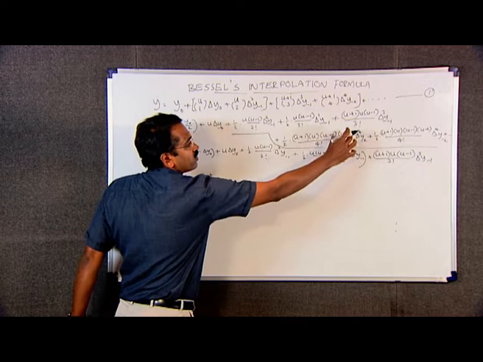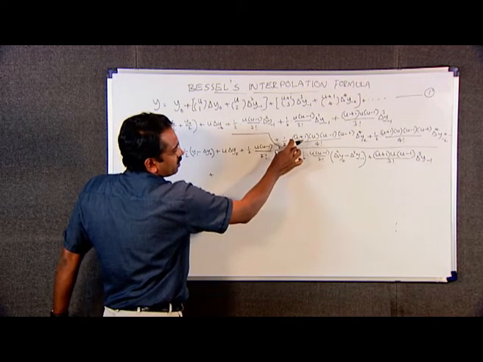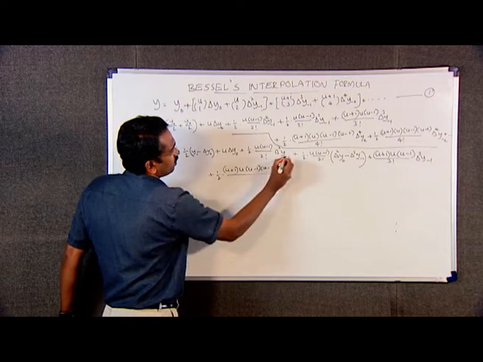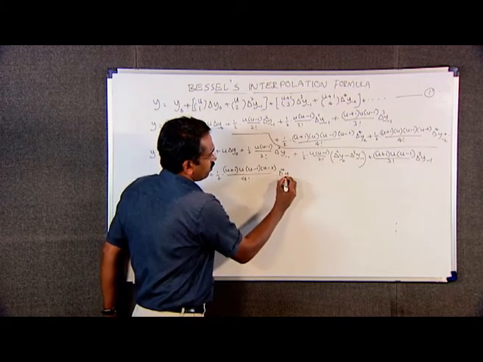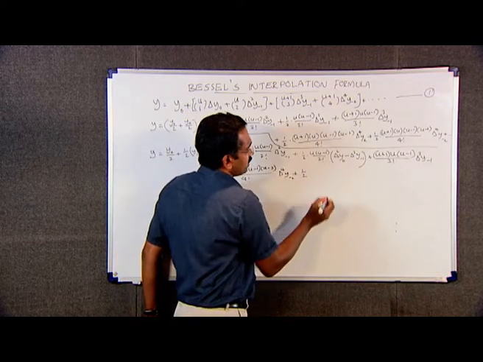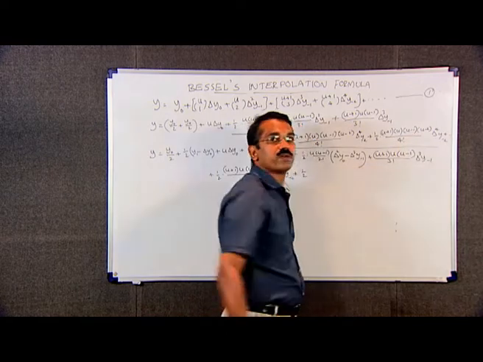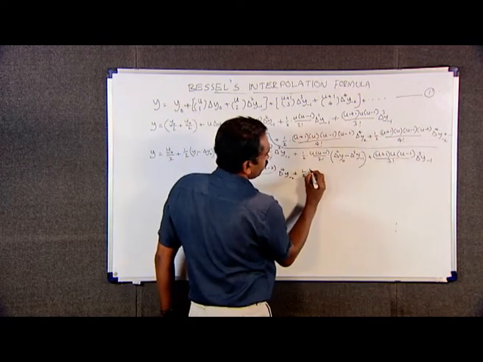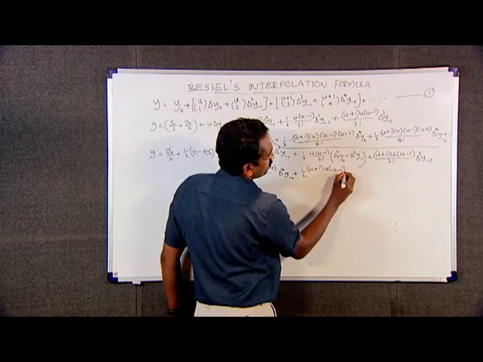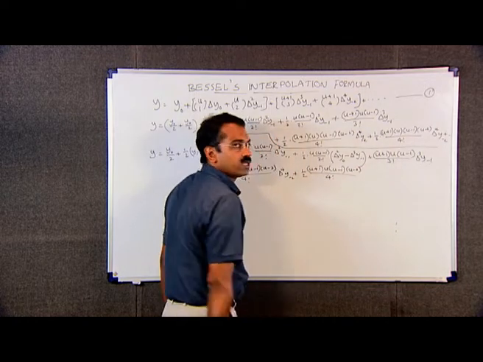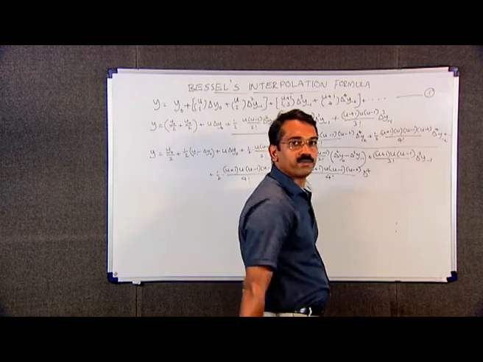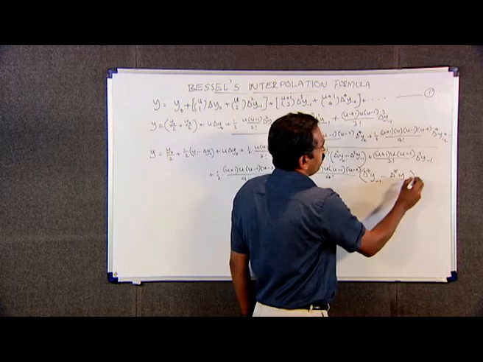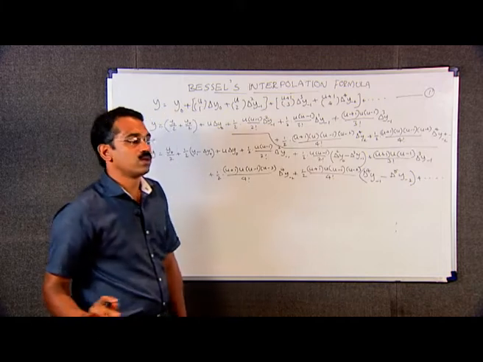The first split up of these two can be written as 1 by 2 into u plus 1 u minus 1 u minus 2 divided by 4 factorial into delta raised to 4 y minus 2 itself, plus for the second split up we use the result for delta raised to 4 y minus 2 as delta raised to 4 y minus 1 minus delta raised to 5 y minus 2, that is 1 by 2 into u plus 1 into u minus 1 into u minus 2 divided by 4 factorial into delta raised to 4 y minus 1 minus delta raised to 5 y minus 2, plus etc. This is equal to,